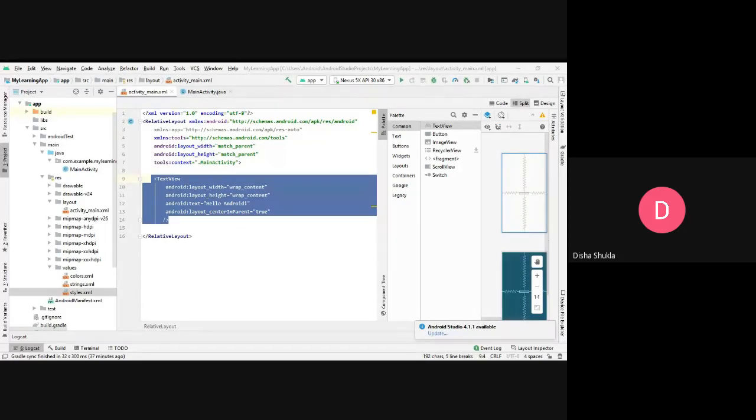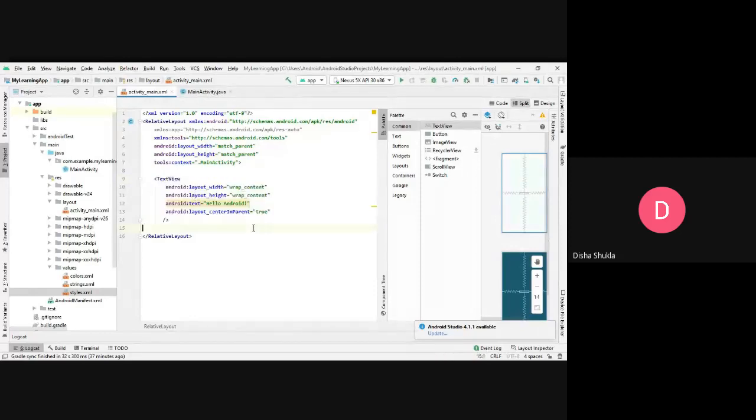An intent is a very important thing, because using an intent you can go from one activity to another. There are two types of intent, but right now just understand it is something that we use for going from one screen to another. For example, if you click on the login button, then you need to go to the main screen, and that process will be done using the intent.